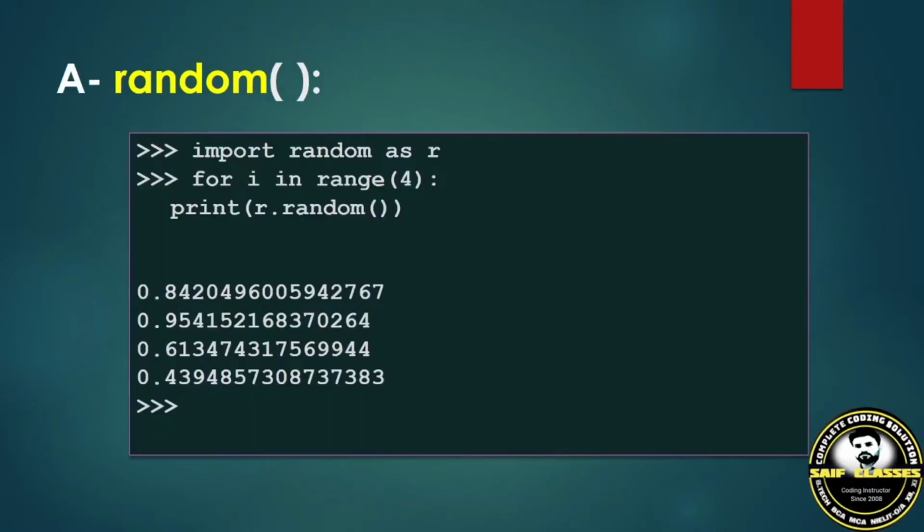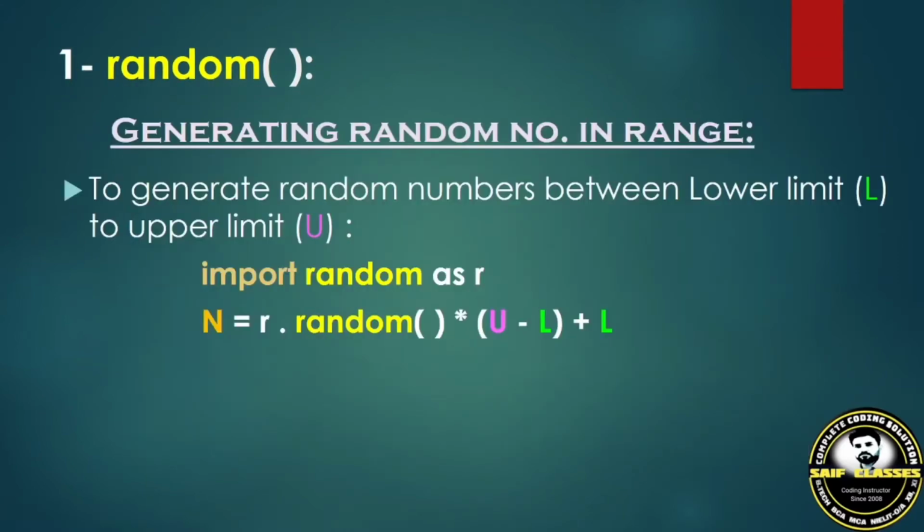So this is a demonstration of what happens when you run the code. You will never find a 1.0 value. You will have a maximum value maybe 0.999999 and so on, but it never touches 1.0. Now to generate random numbers in a range, this is the formula. Say lower limit l, and this will be your upper limit u, so you have to go with (u minus l) times random plus l, and n will always get